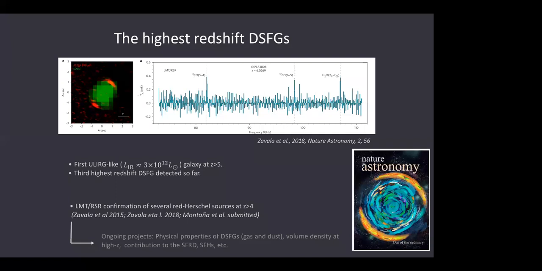Okay, so here's an example of a use of the redshift search receiver in a different way. This is work put together by Jorge Zavala, who was until recently a postdoc with Caitlin Casey at the University of Texas. Now he's a new staff astronomer at NAOJ in Japan. In the top example, he followed up a bunch of the high redshift candidate Herschel-selected sources. And the spectrum on the top is a redshift search receiver spectrum of one of those Herschel sources that turned out to be at redshift 6.